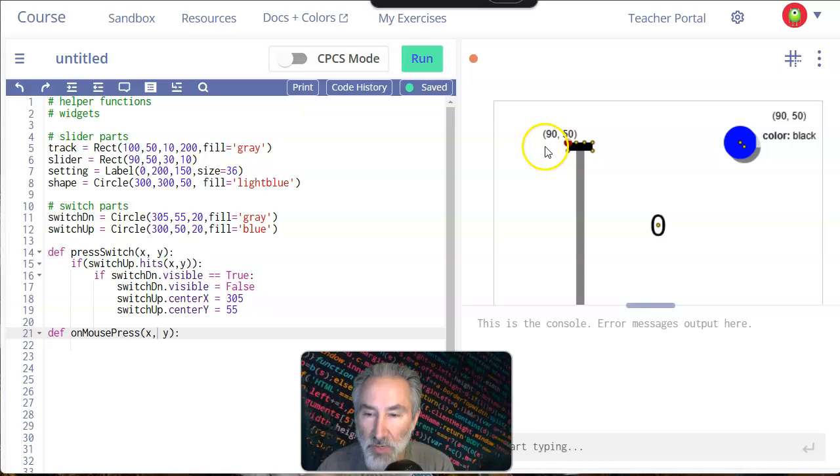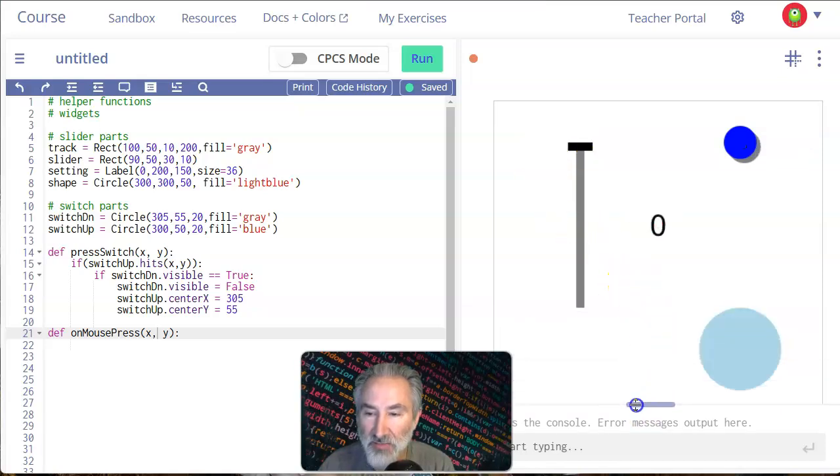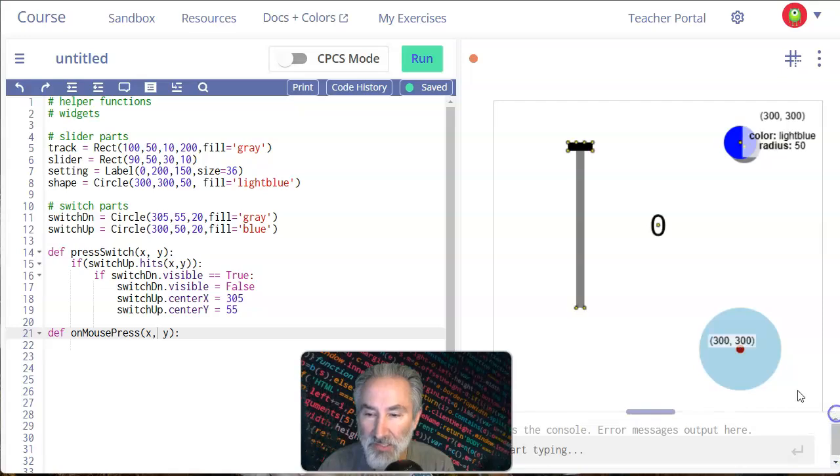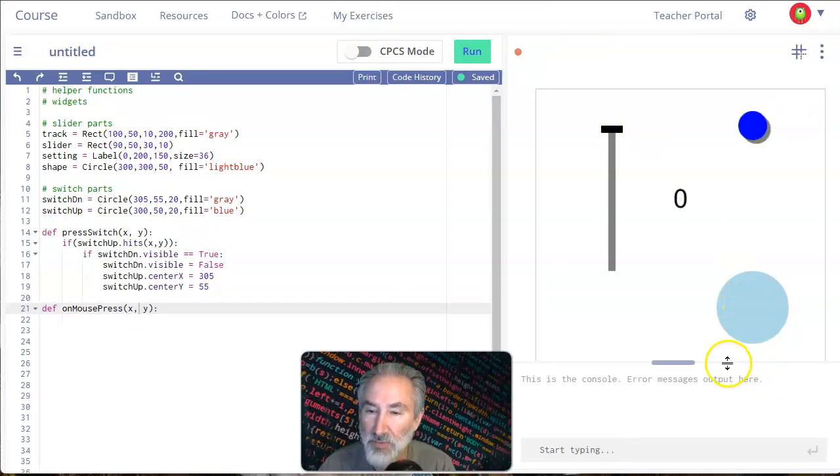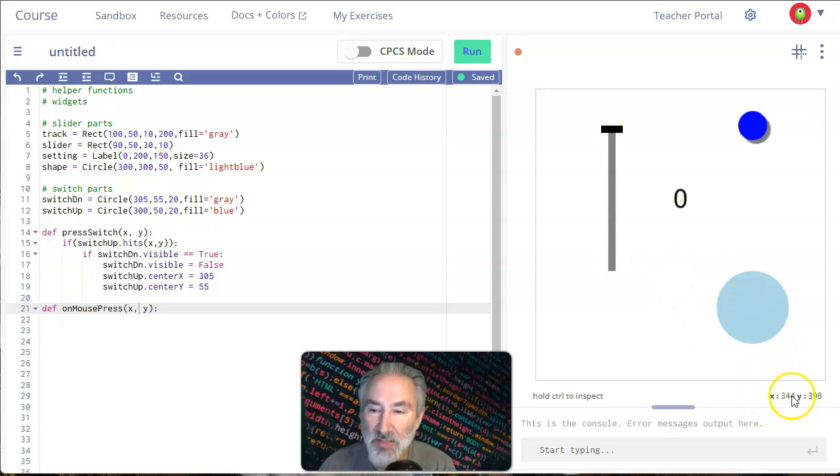that when we are writing code and we are in the canvas, there's an XY down here, and now I can't see it, of course. Maybe we've got to zoom out more. I don't know where the XY went. Oh, maybe I've got to pull this down. There we go. This XY that you see down here is the XY that on mouse press gets